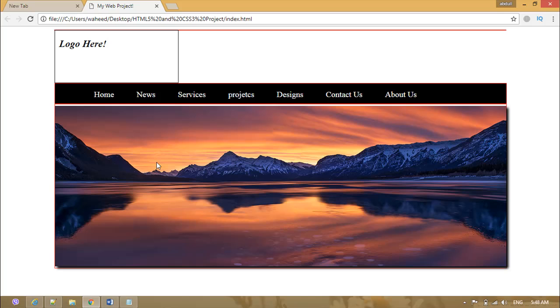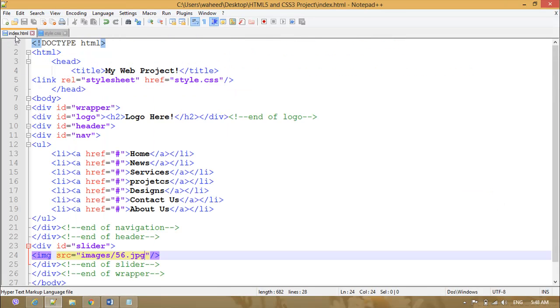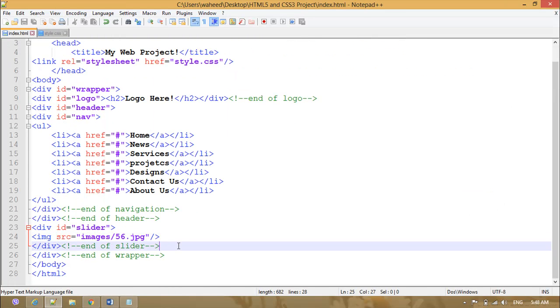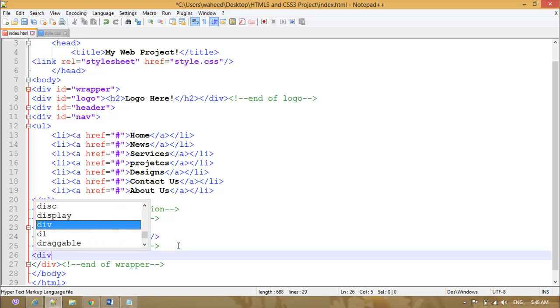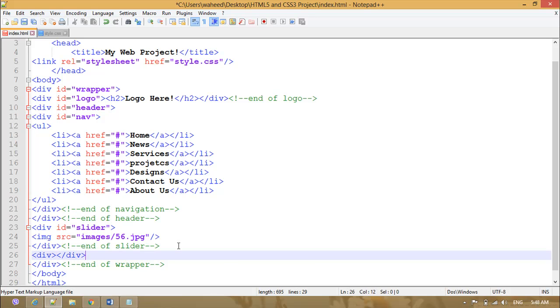So you can use this here, and after this slider we are going to work on the main content, or you can say content area. Come here after the slider tag, and we are going to create another div, start div, close div. So you can say end of content area. So inside this